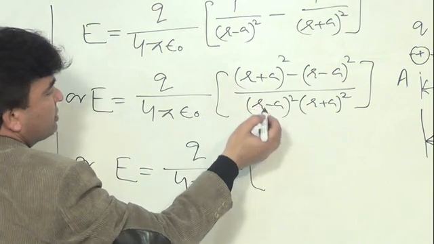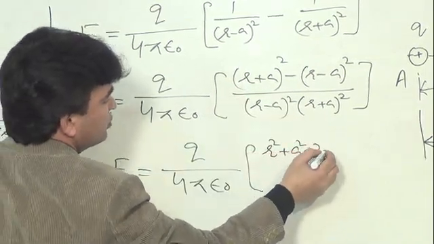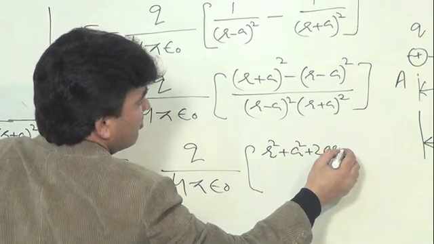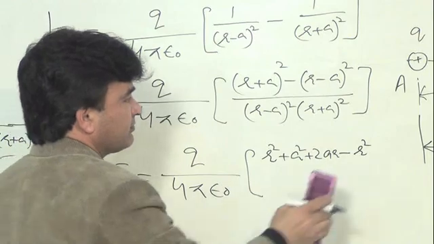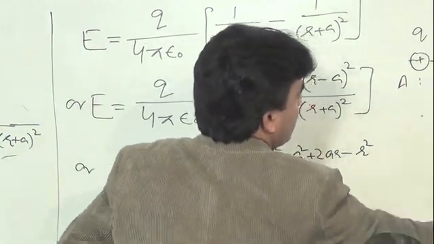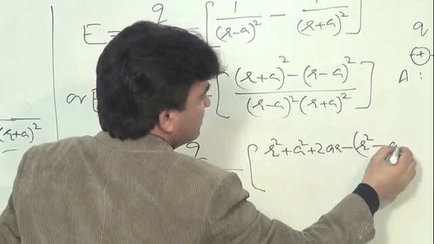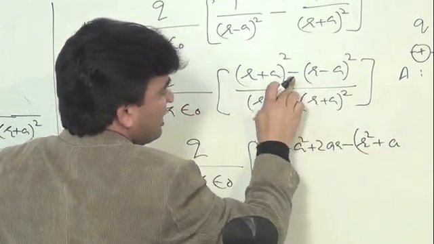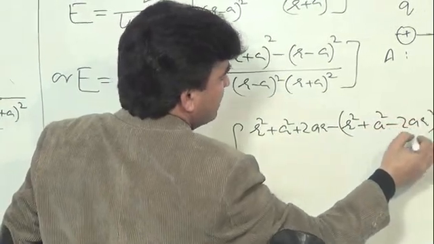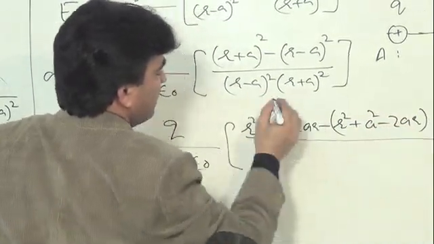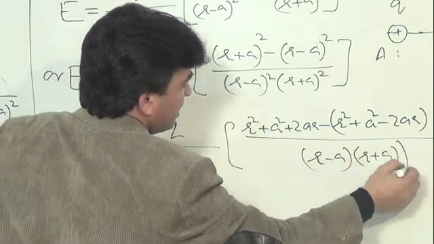(R plus A) whole square is R square plus A square plus 2AR, minus R square plus A square minus 2AR, divided by, let us write it, (R minus A) into (R plus A)